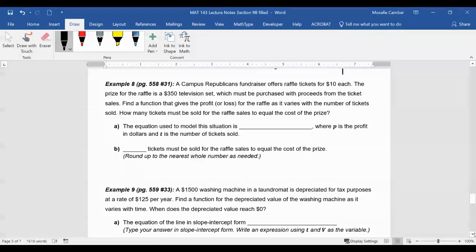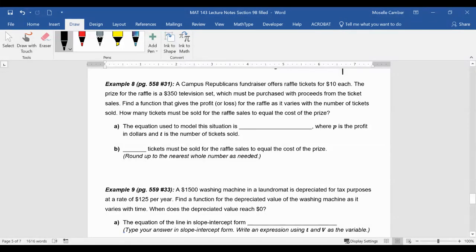Okay, example 8. Campus Republicans fundraiser offers raffle tickets for $10 each. The prize for the raffle is a $350 television set, which must be purchased with the proceeds from the ticket sales. Find a function that gives the profit or loss for the raffle as it varies with the number of tickets sold, and how many tickets must be sold for the raffle sales to equal the cost of the prize. Whew, okay, so to get the equation of this,